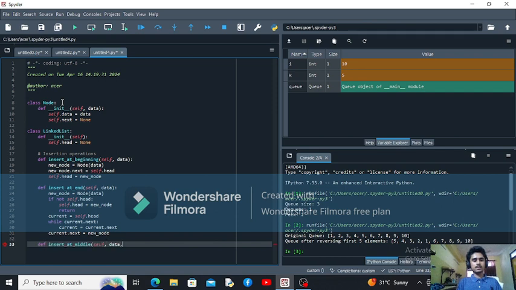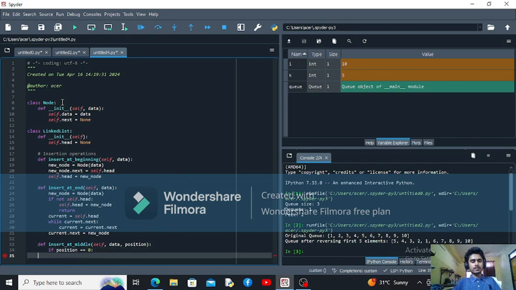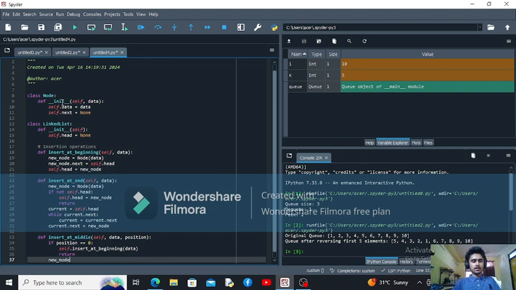Then define insert_at_middle(self, data, position). Then if position equals 0, then self.insert_at_beginning(data). Then return. A new node, that is Node(data),